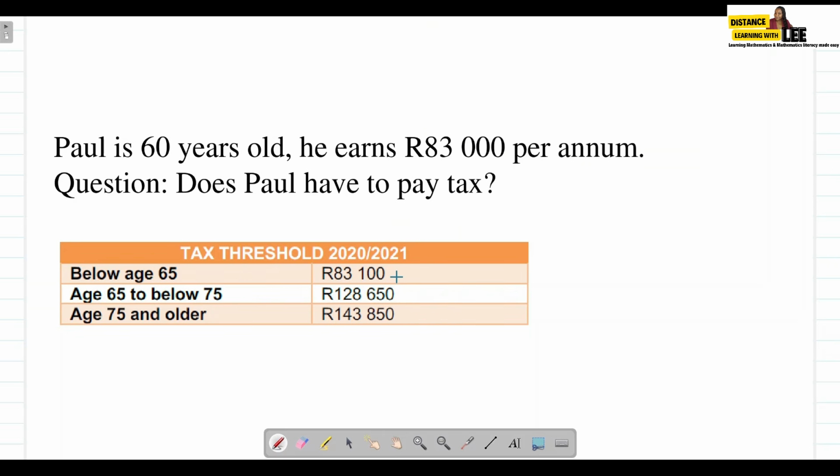But if you earn an amount that is above 83,100, in other words, if you earn an amount that is 83,101,120 rand,